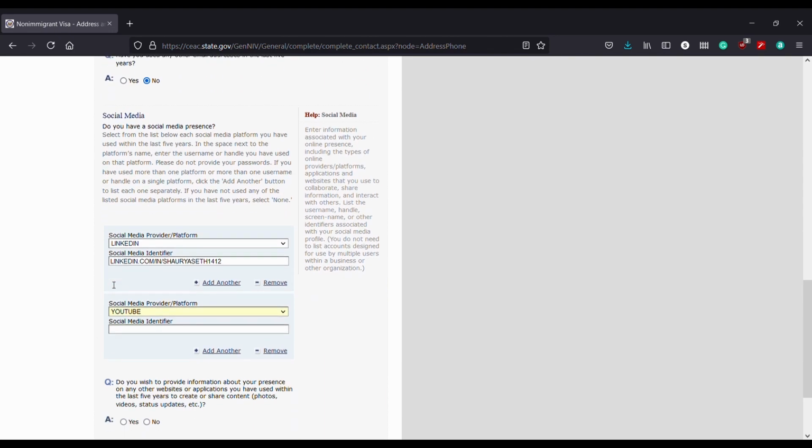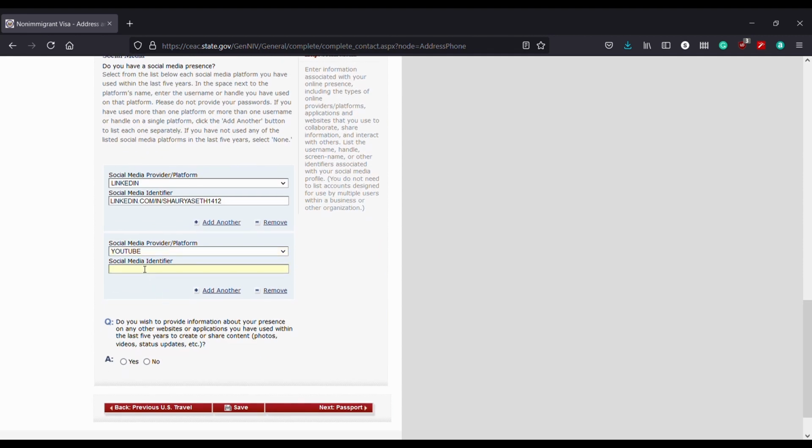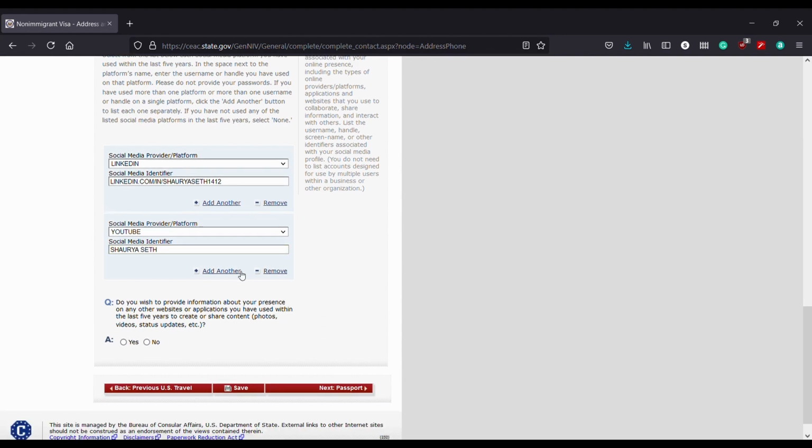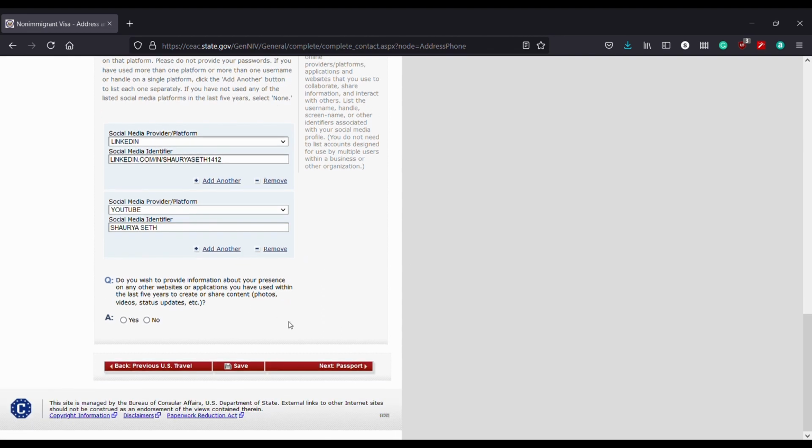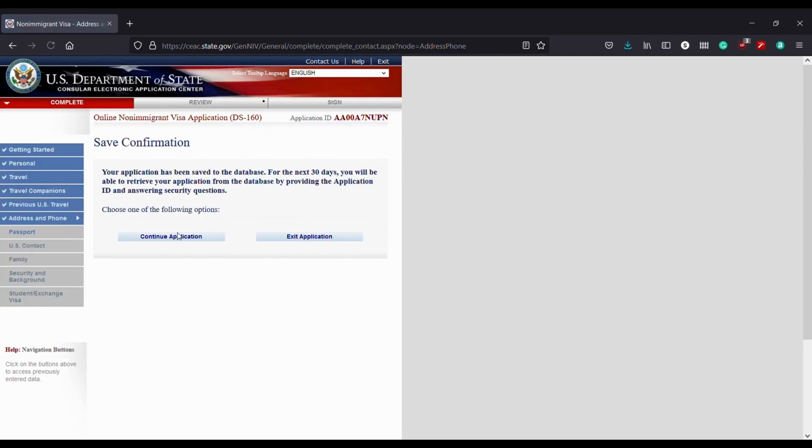It says here that the government reasoned that this information enables more rigorous evaluation of applications, and that is why I recommend, if you are making content like me on YouTube, to put your YouTube channel here, and LinkedIn as well, as it's more professional. No need to put Instagram and Facebook here.